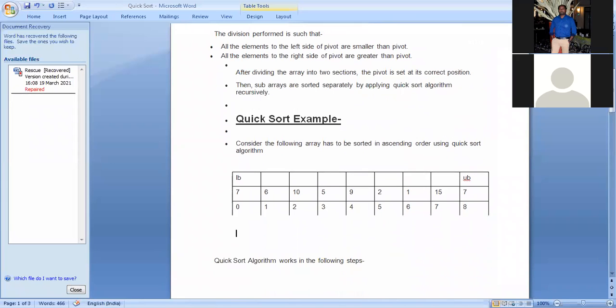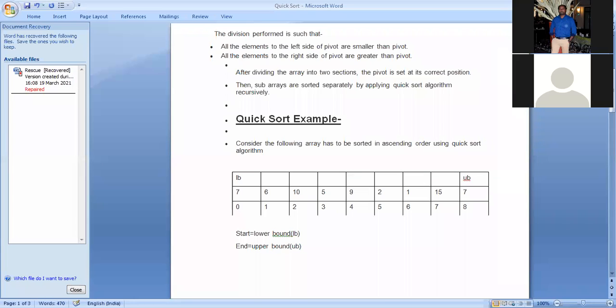So now here we are assuming one variable, start, equals the lower bound, or LB, and another variable, end, equals the upper bound, that means UB.